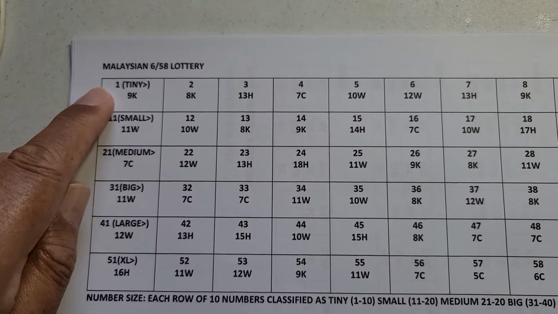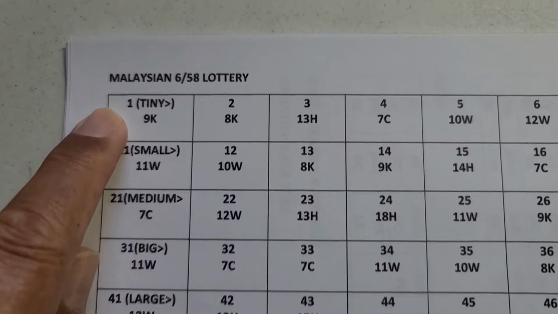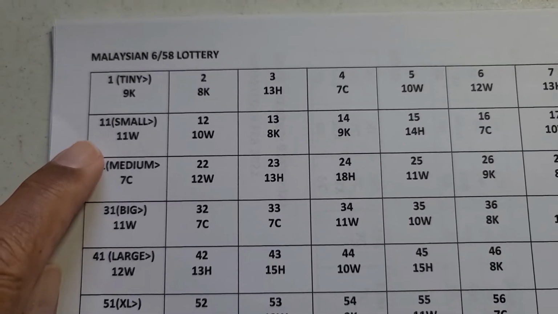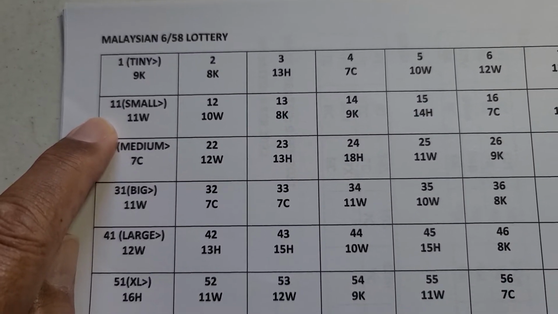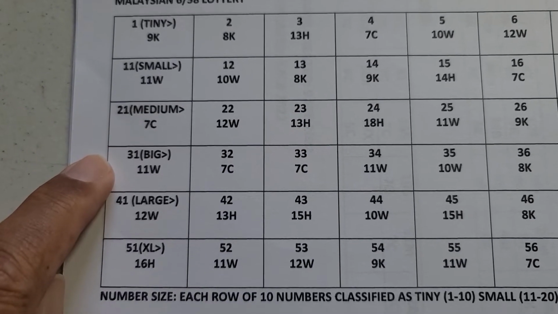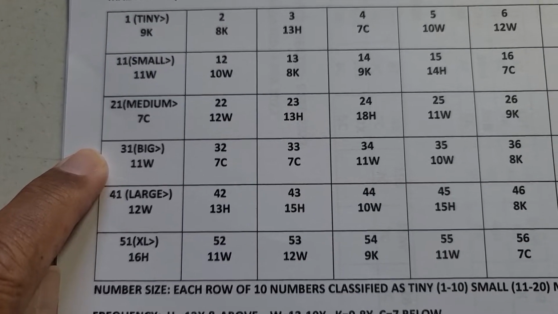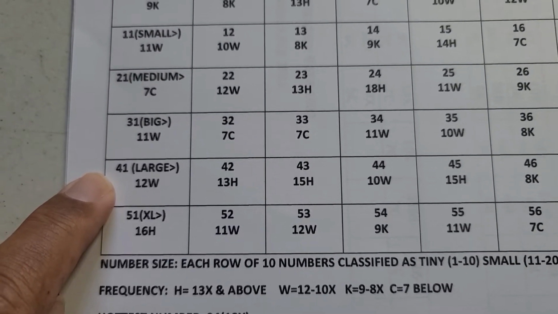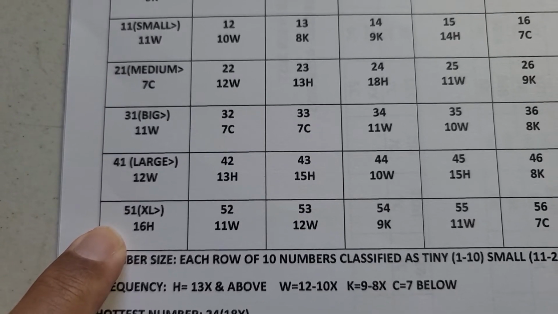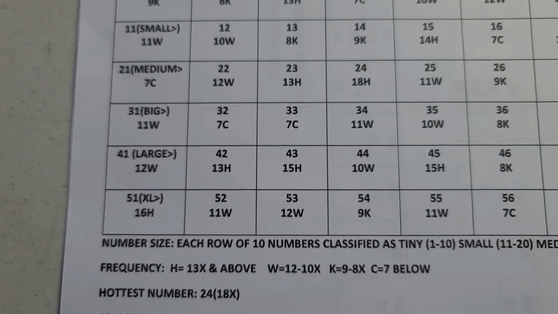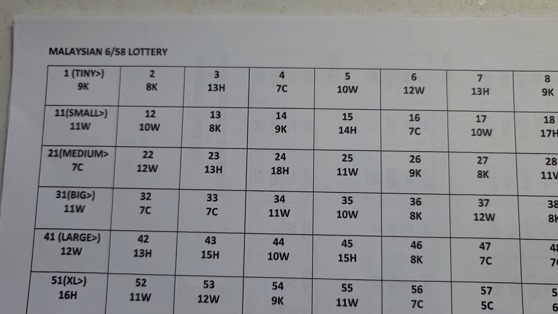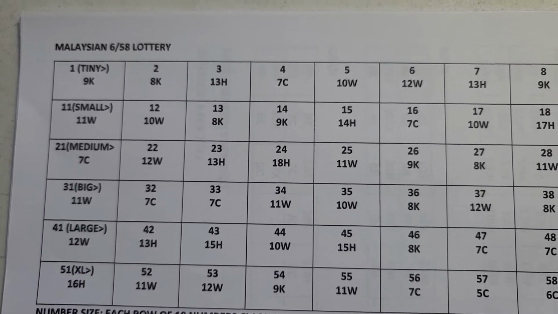So 1 through 10 is called my tiny numbers. Then 11 through 20 is my small numbers. 21 through 30 is my medium numbers. 31 to 40 is my big numbers, and 41 through 50 are my large numbers, and 51 through 58 is my extra large numbers. Now, the reason why I'm classifying the numbers themselves by the size is